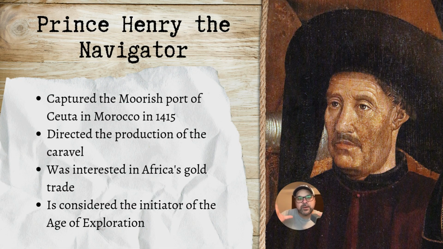Gibraltar. Now, again, if you go back to that map of Europe, you have the Iberian Peninsula where Spain and Portugal kind of sit at the bottom there. Well, at the very tip of that map, right, is Gibraltar. And then right below that is Africa. So if you remember a map, you've got this really thin gap between Europe and Africa. That is the Strait of Gibraltar. So controlling Ceuta means that Portugal controls all shipping through the Strait of Gibraltar.